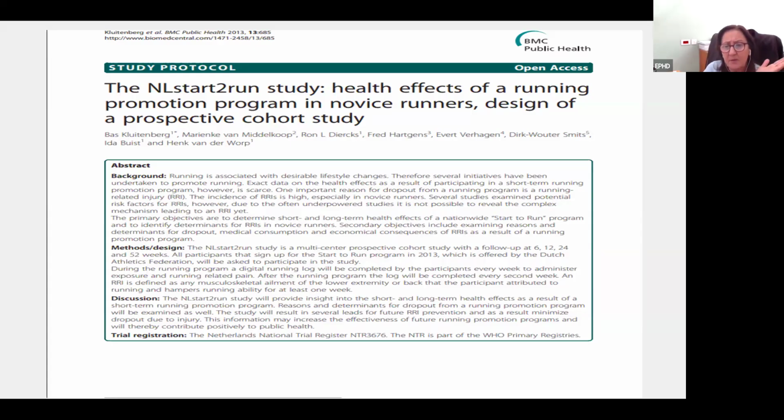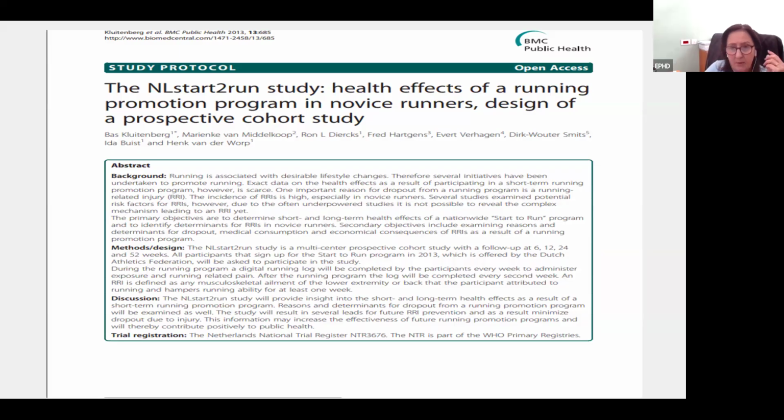But this is not an RCT, so they did not allocate people into a program. What they did is they recruited novice runners, meaning runners who haven't run before, and not athletes, and then they try to change their lifestyle, but each one has a